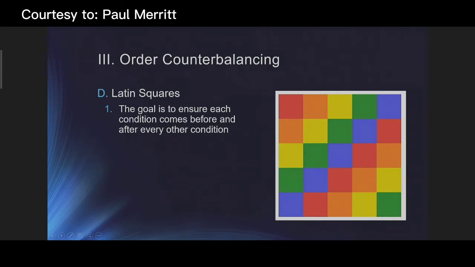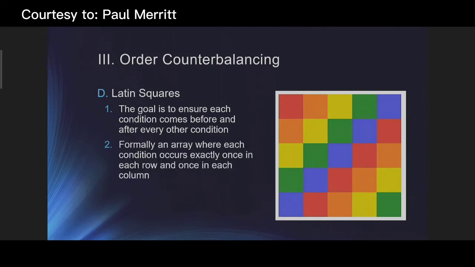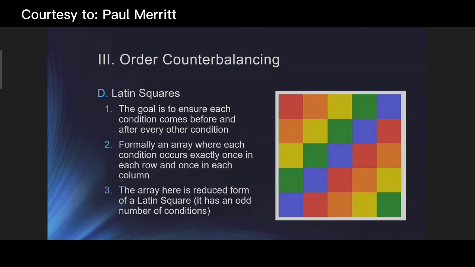Counterbalance carryover effects across the entire experiment. So formally, a Latin squares design is an array where each condition occurs exactly once in each row and once in each column. Now, we're going to gloss over some of the math involved. This is actually an incomplete Latin square, a reduced form of a Latin square